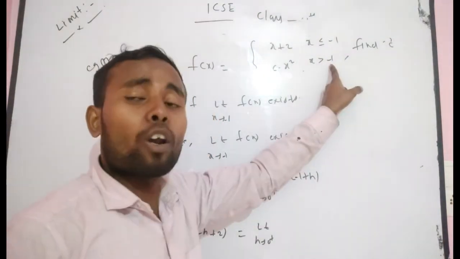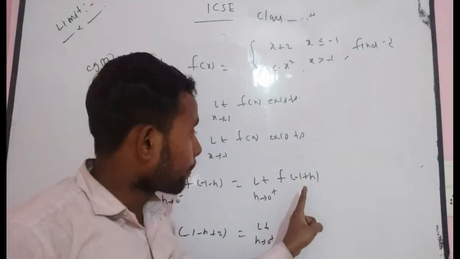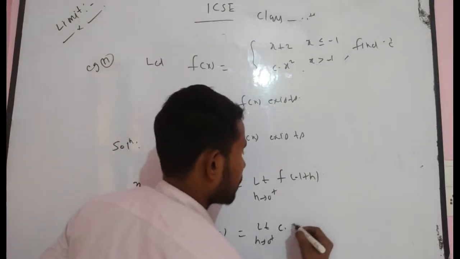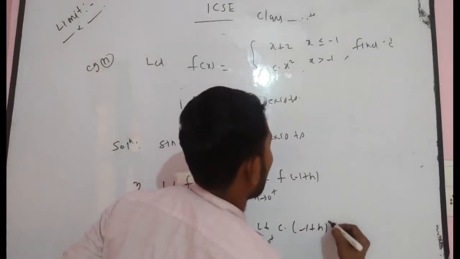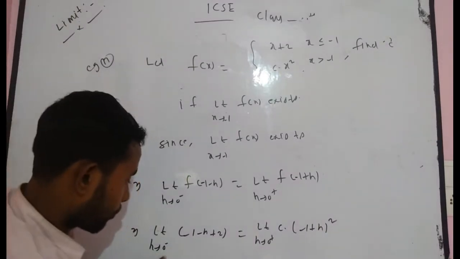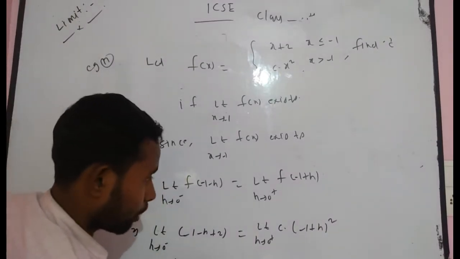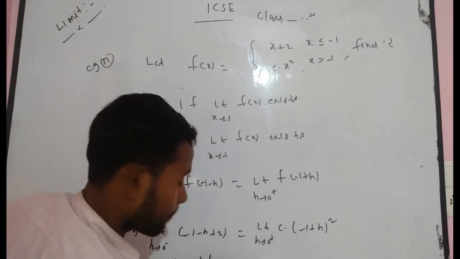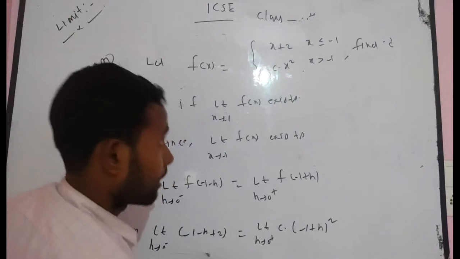For all x greater than minus 1, you have to choose minus 1 plus h. Now you can write c into minus 1 plus h whole square. Now if you put 0 in this function, you get 1 is equal to, after manipulating limits,